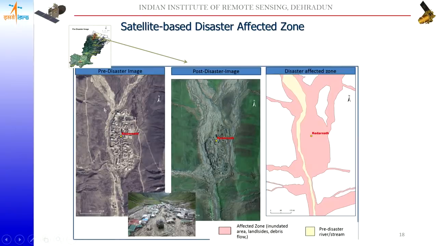So what we can do is map the pre-region and also map the post area affected, and then use the symmetric difference to find out the areas that are damaged. Using this kind of approach, we can find out the damages that happened with reference to image 1, the pre-disaster, as well as the post-disaster.